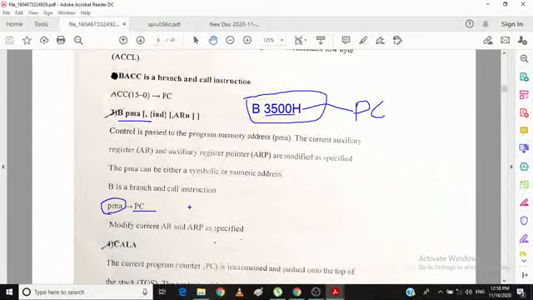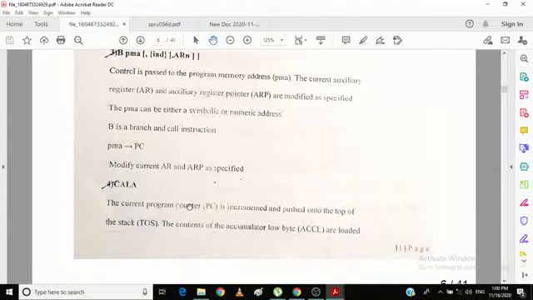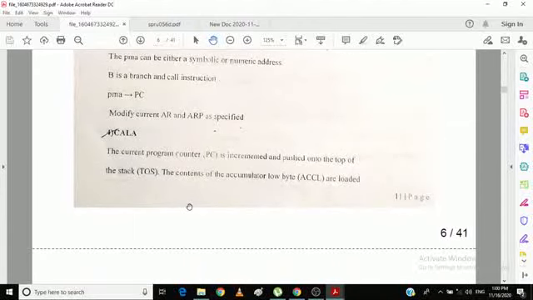Okay, so that is about the instruction B. The next one is the CALA instruction. When this instruction is getting executed by the DSP processor, first of all it will increment the program counter by 1, and the incremented program counter value is pushed onto the top of the stack, because we are